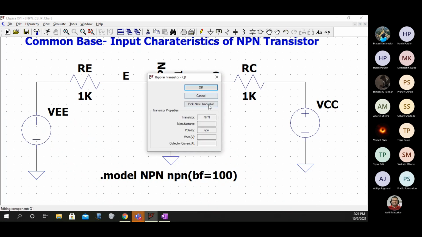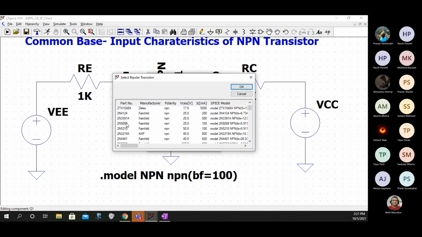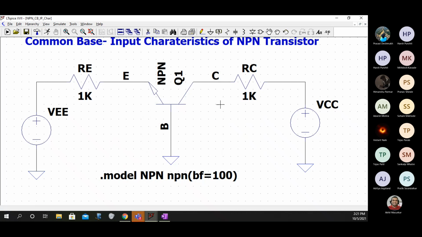Or you can also click on this, and the most common transistors that we use in the lab is 2N, this 4 times 2, and one of the other transistors is BC547B. So this BC547B is something that we use. So it's up to you what you want to do, but I'm starting with a standard one.